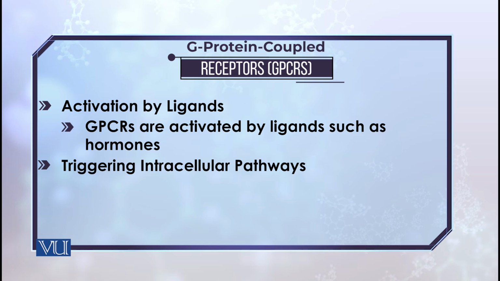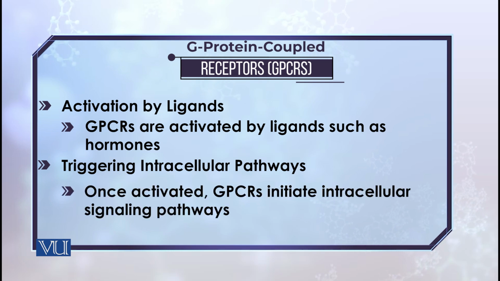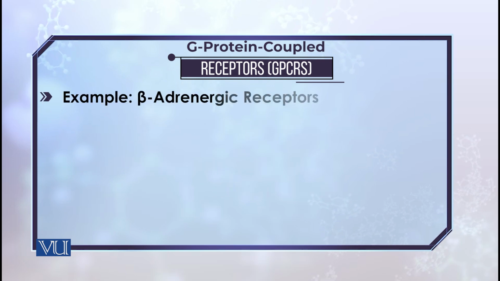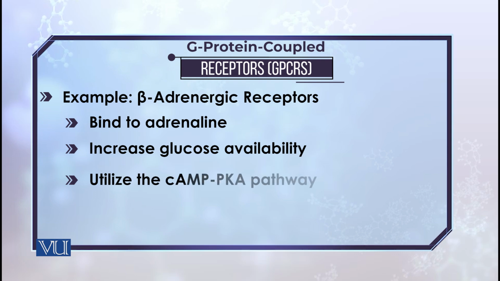Once activated, they trigger a signaling pathway inside the cell. Examples of these are the beta adrenergic receptors. They bind to adrenaline, and this hormone in turn increases the availability of glucose for its metabolism. It is also utilized in the initiation of the MAP kinase pathway. Cyclic AMP molecules are actually the messenger molecules. This is one of the ways of action of these GPCRs, or G protein receptors,